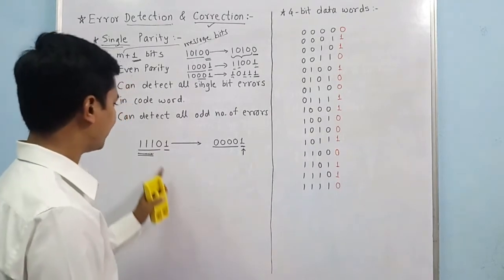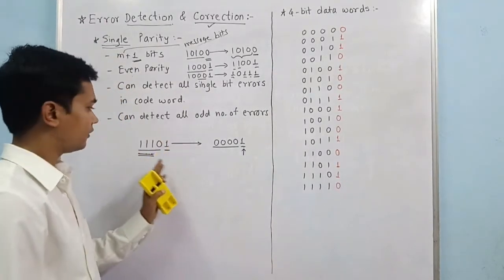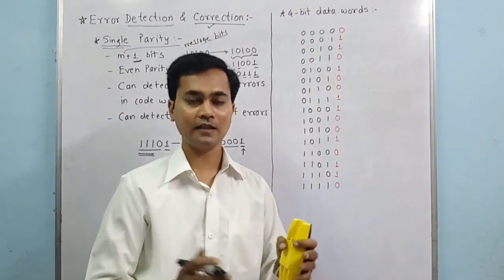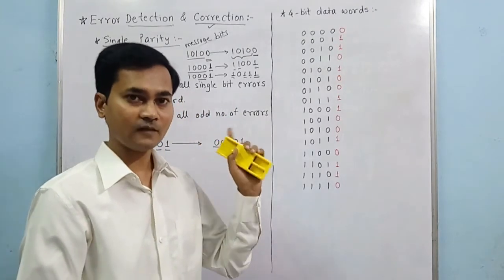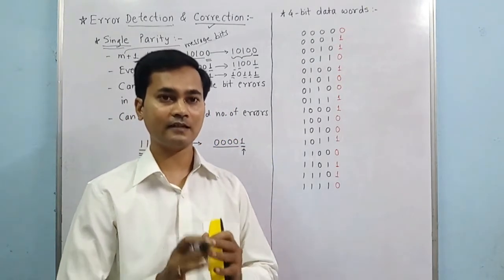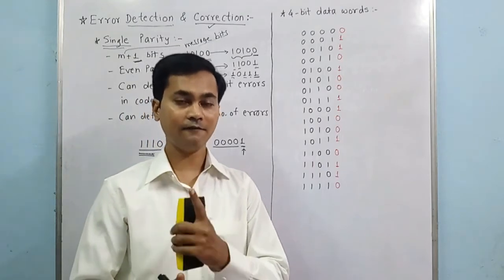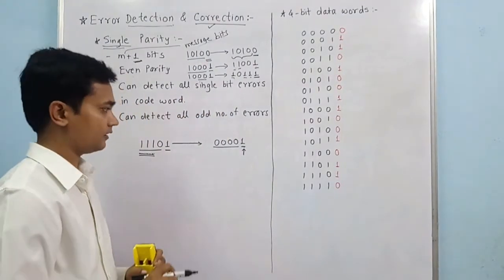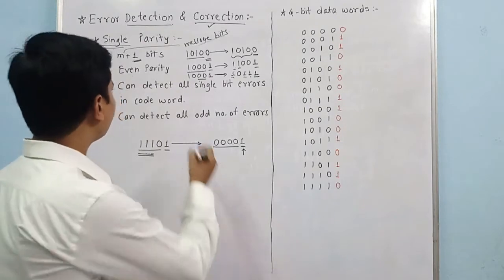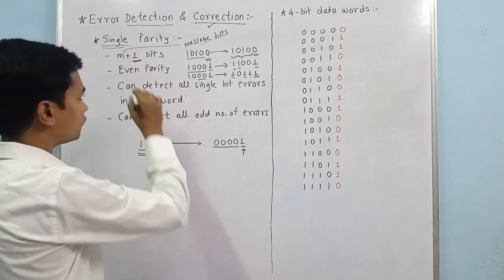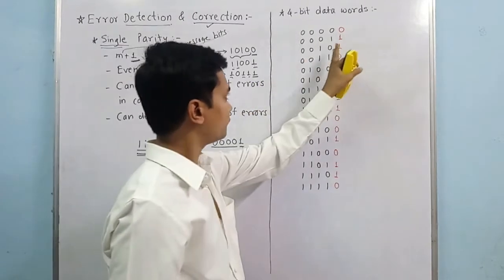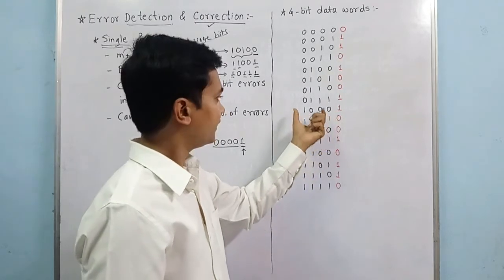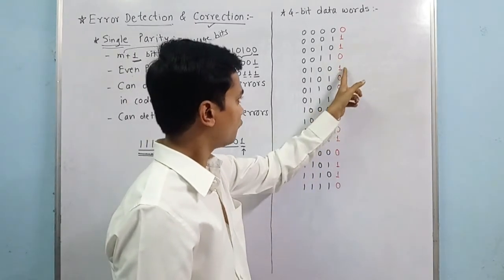So that's why you can change any 3 bits, any 1 bit. If the data size is very large, that is 8 bit, 16 bit, 32 bit and so on, then the receiver will identify whether there is an error or not, if an odd number of bits are changed. Now let us see why I am saying here m+1 bits. Suppose your data size is 4 bits, then it can detect only one error bit.